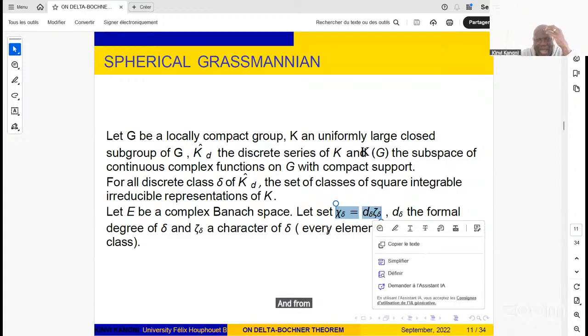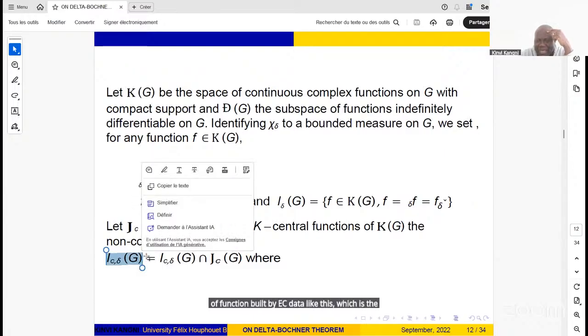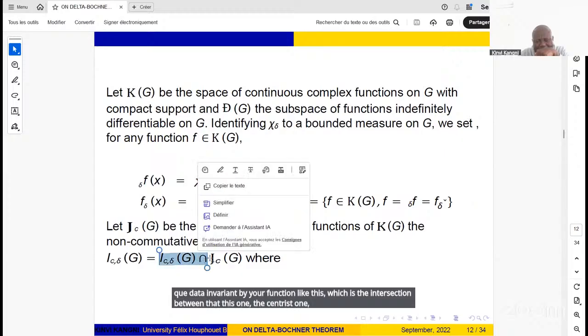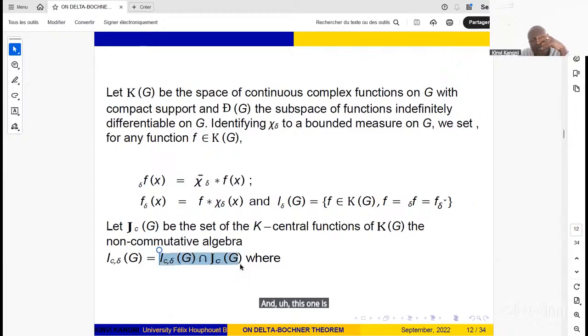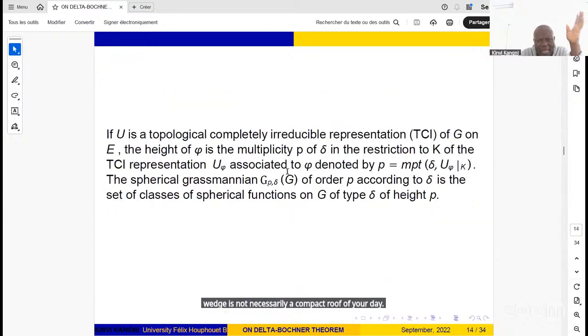And from here, I construct a space of functions denoted by E_C delta, which is the algebra of continuous functions that are K-delta invariant, which is the intersection between the centered one and the one invariant by K, when K is just a compact subgroup of your G. So from here, we define